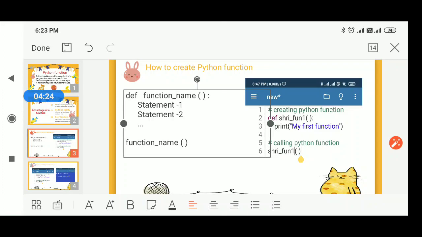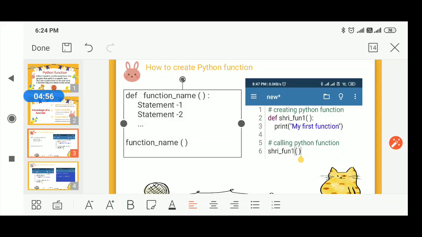After that, we can write some set of statements inside the function block, that is statement 1, statement 2, and so on. And at the end, if you want to call this Python function, you just need to give the function name with parentheses. This will call the function that you already created.